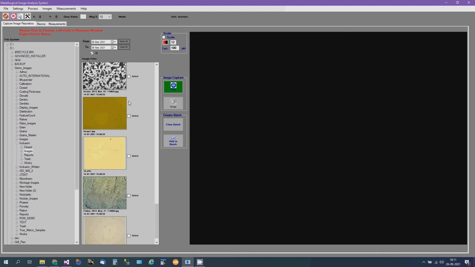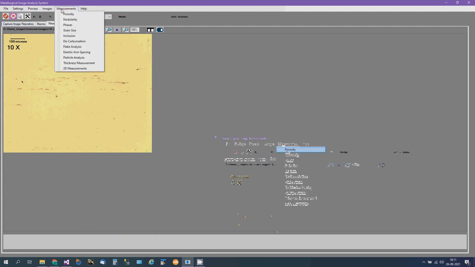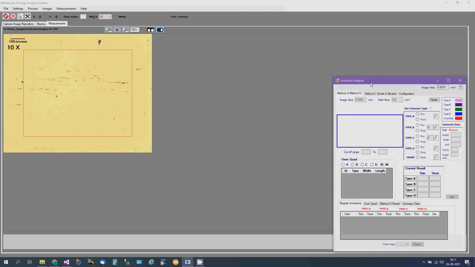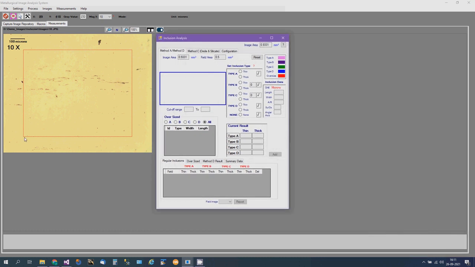So let us open an image and see how the inclusion analysis and results are made. You click on the image, and it will be opened in the measurements window. Go to measurements, then inclusion. By default, if you look at the image, a rectangle is formed here.